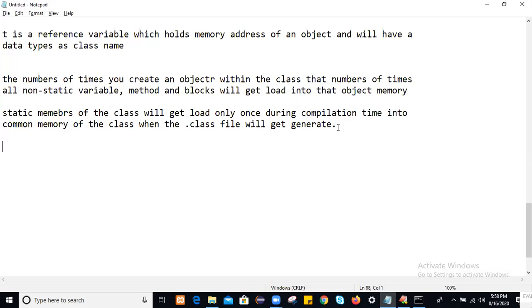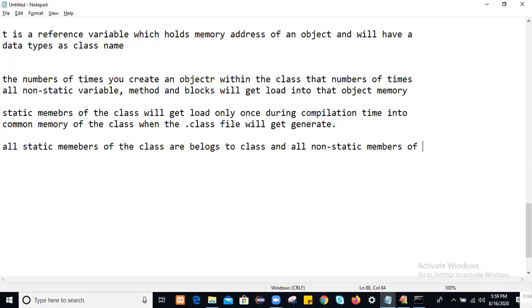And one more point here: all static members of the class belong to the class, and all non-static members of the class belong to the object. Always remember that.